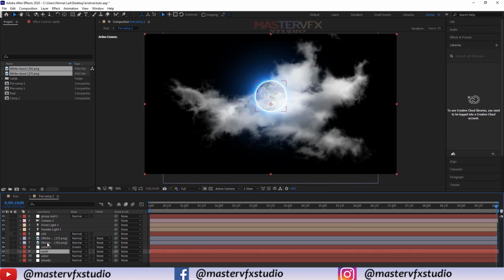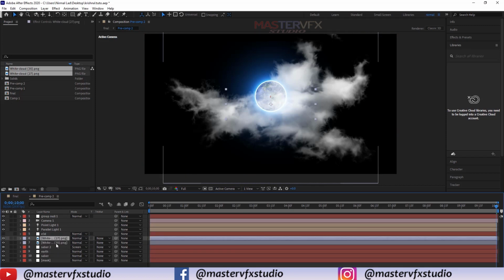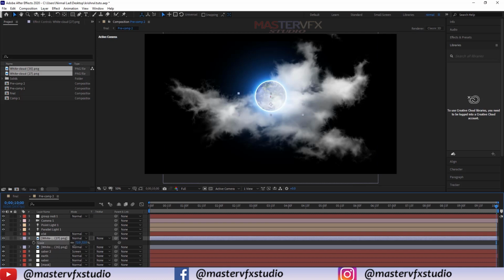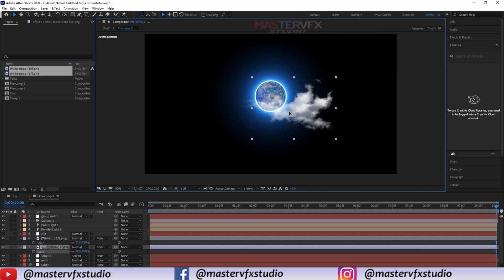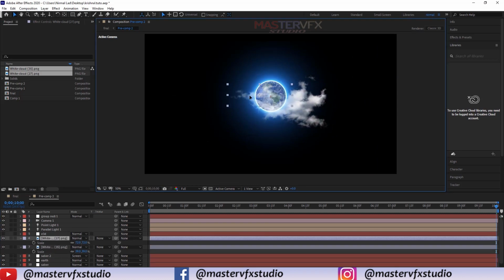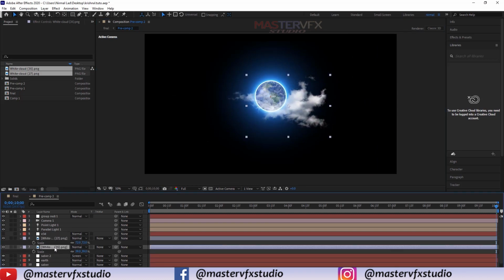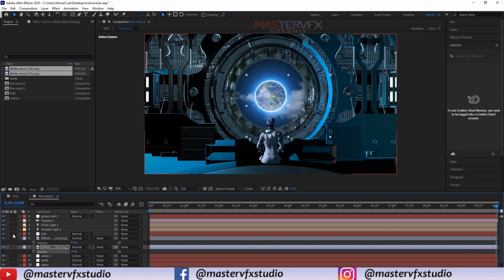Select one of the two layers, decrease the size and the intensity, enable the Element 3D layer, and I think scale it up.